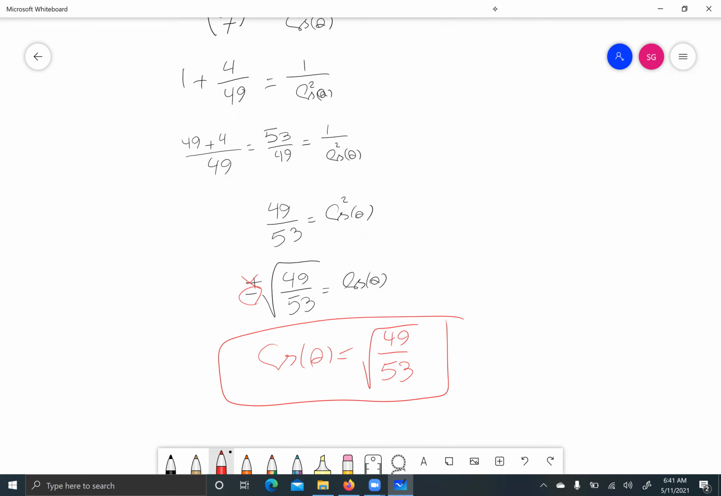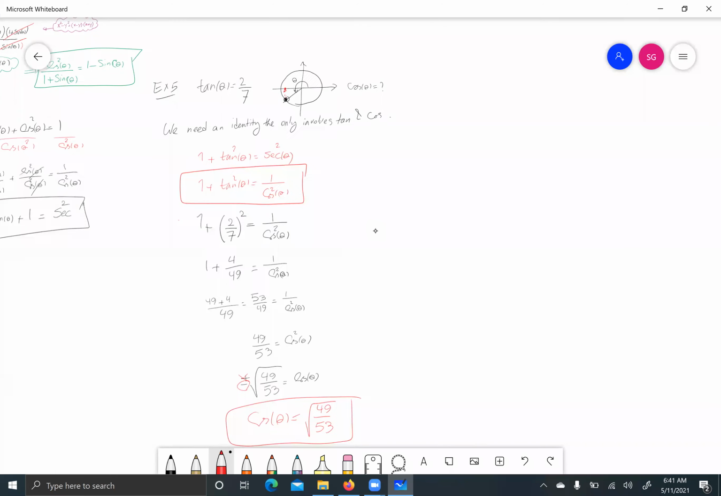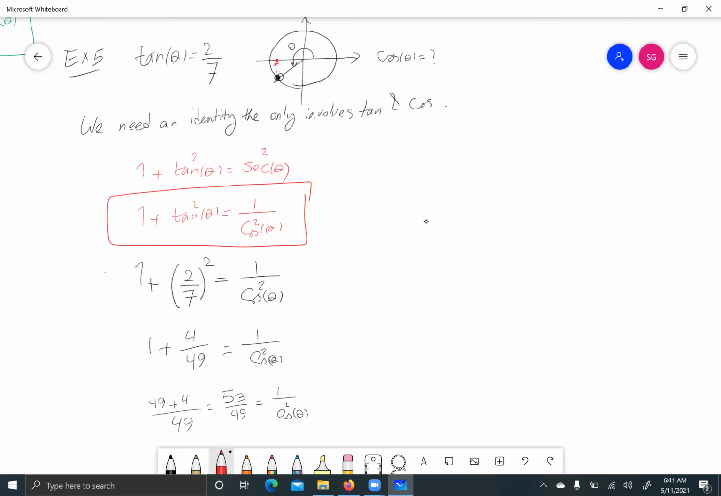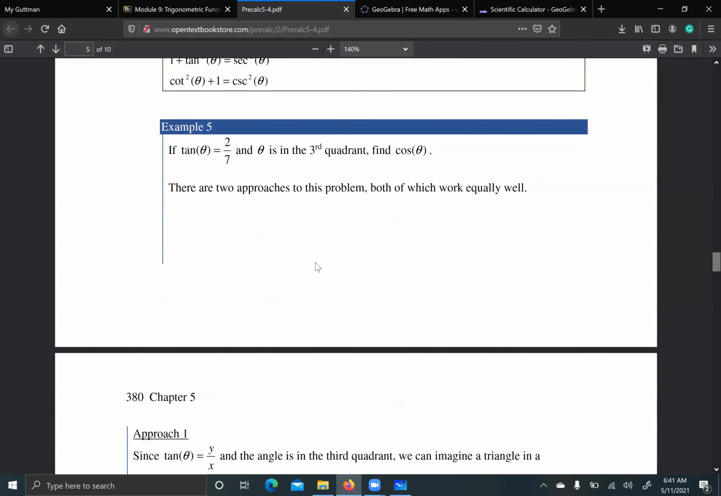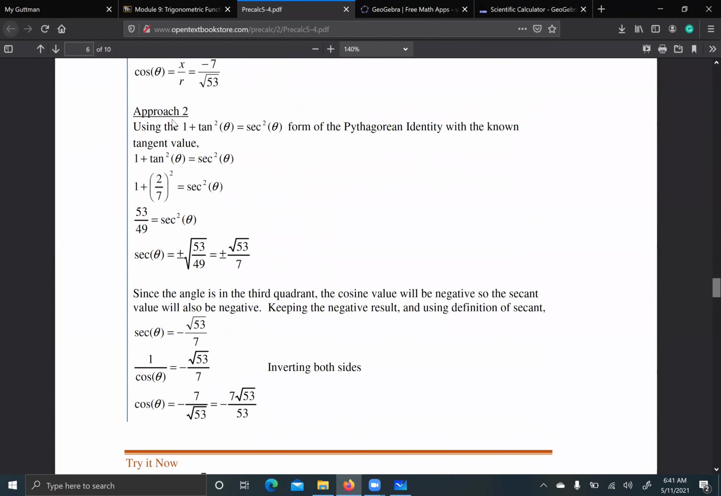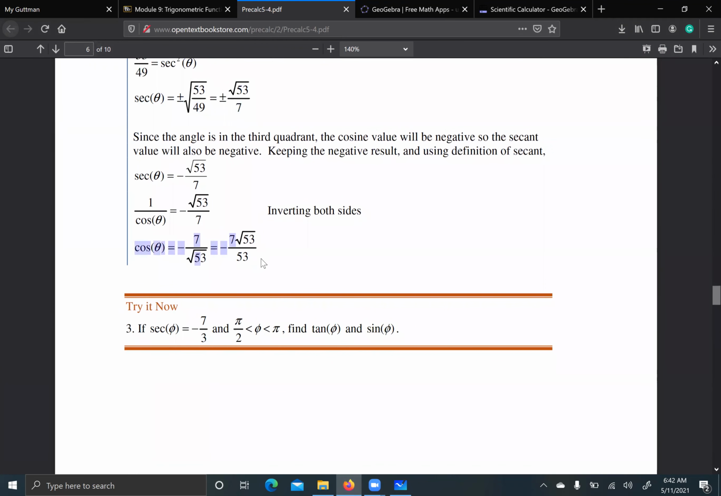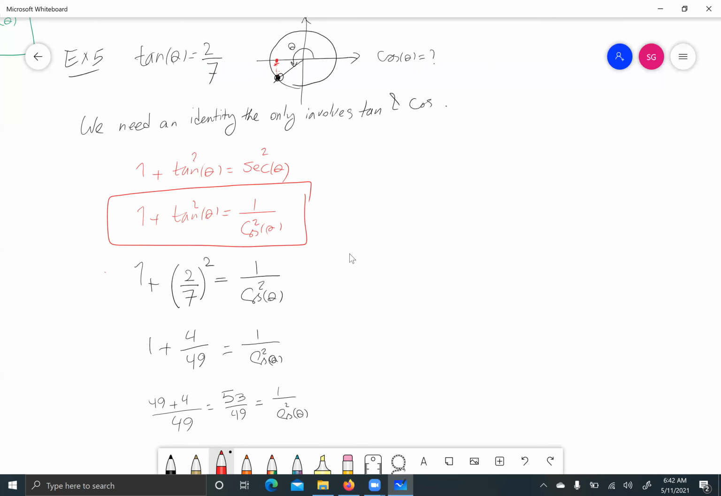So you see, the idea was that to answer questions like this, we need an identity. But which identity? So far we have learned so many identities. Which one? The one that, like this one, when you substitute the values, you end up with only one unknown. So you can solve it. Here is the approach that I explained: use this, substitute, and then for cosine, cosine is going to be a square root of 53. What did I say? Yes, it's a square root of,